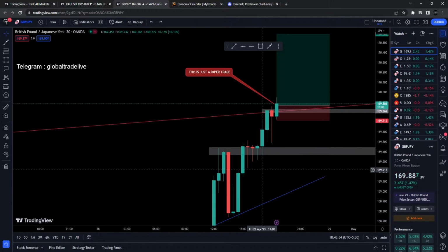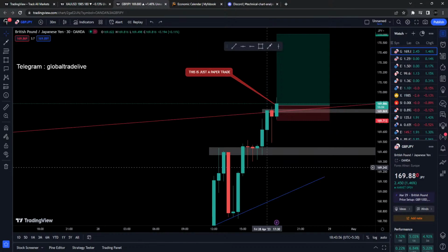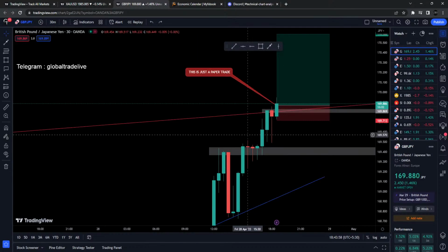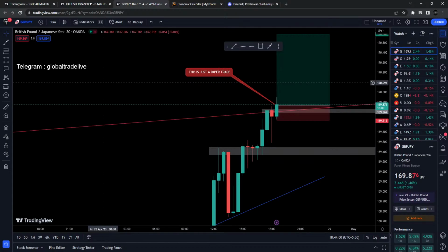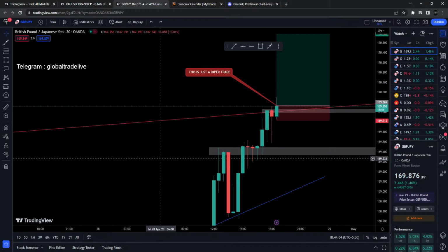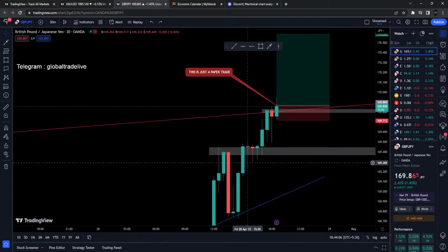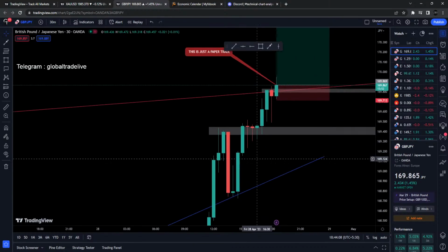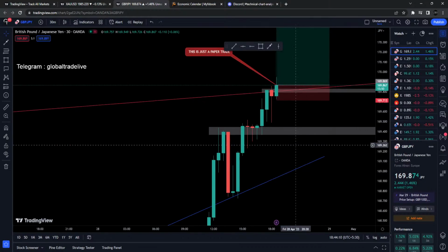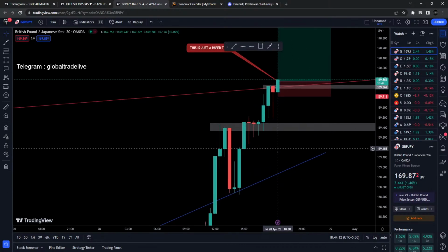In 4 hour and daily we had good range on the left. Yeah, I totally understand that in the 4 hour and the daily we had really great range on the left, but obviously we cannot forget the lower time frame things as well, because market doesn't move up in a straight line. It always retraces back, and we always have to wait for a retracement to happen and then go up.